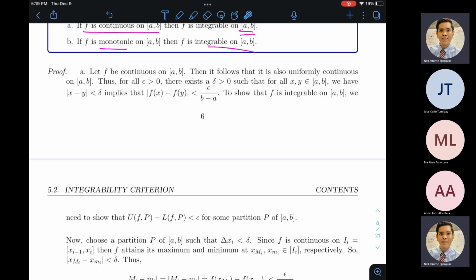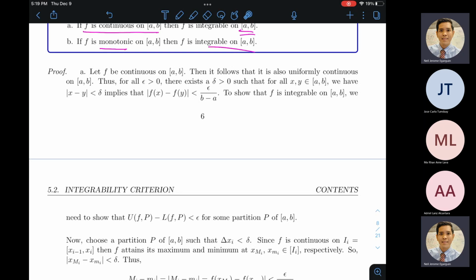Now, we have a theorem from before that if your function is continuous on a compact set, such as a closed interval AB, then it is automatically uniformly continuous on the closed interval AB. So there you go, I used that. I don't know if it's somewhere in the lecture notes on uniform continuity or from the problem set. So I just don't remember, but there is a result saying that, okay?